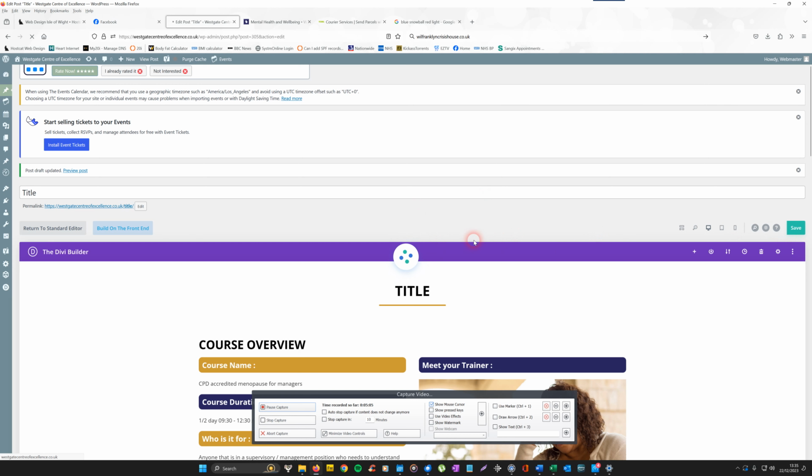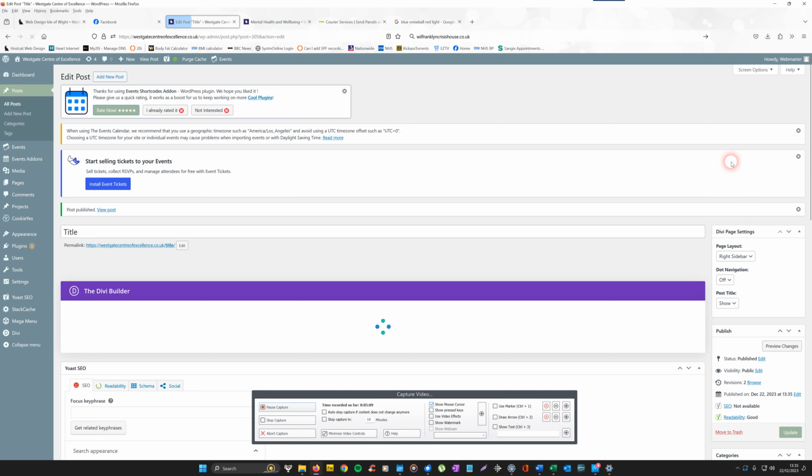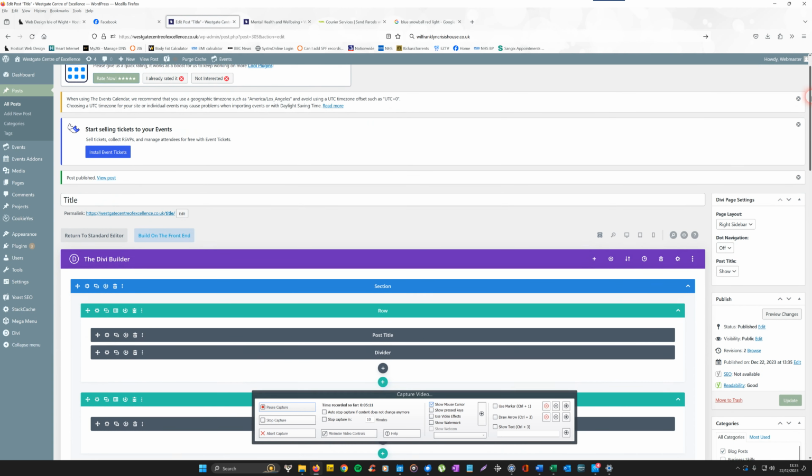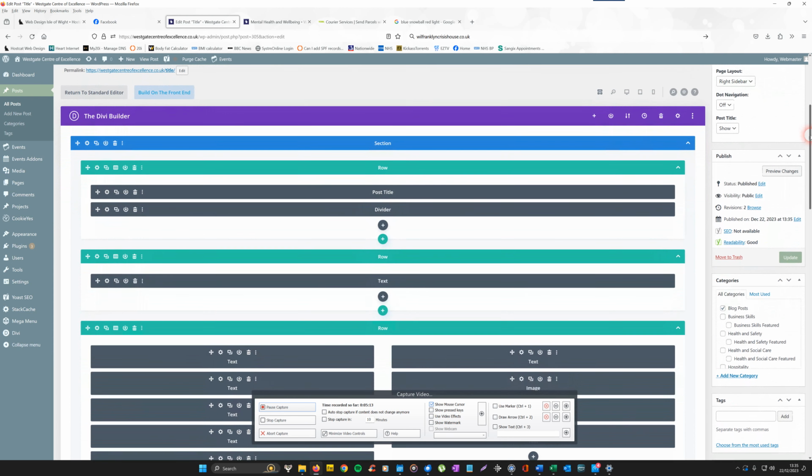You can see the little whirling thing is saving the page, or post in this case. Once you've done that, you need to look for the category. If it's a normal blog post, which is done in a normal way, you've got the category there for blog posts, which I've made. You will notice under each category, whether it's business skills, health and safety, health and social care,